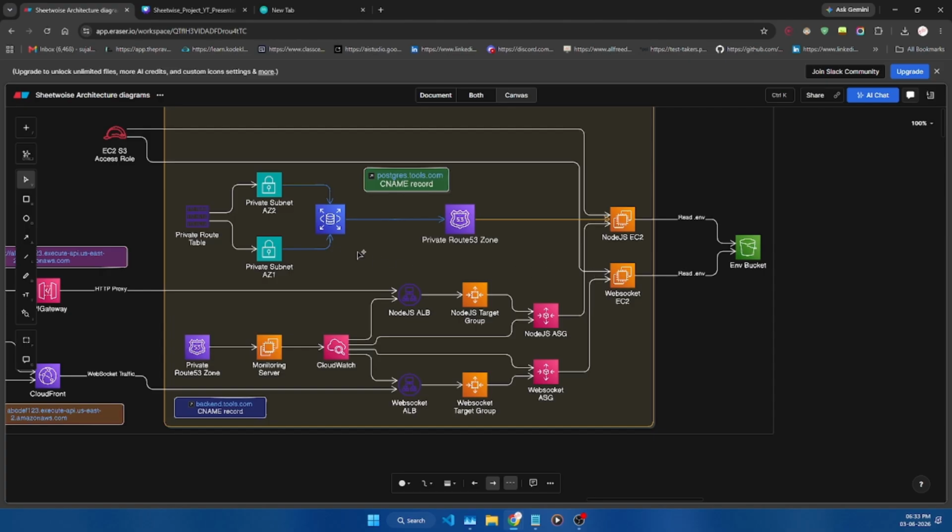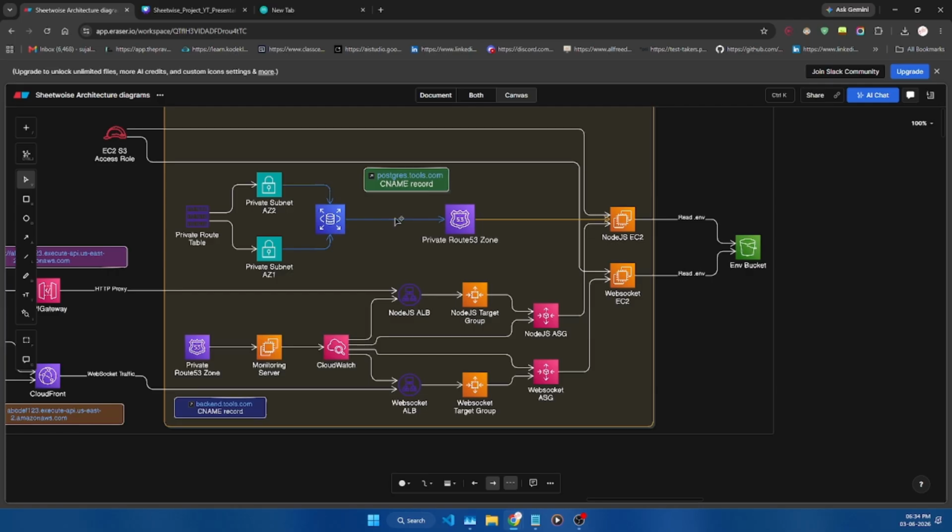So why is there a private zone Route 53 here? Because I was facing an issue of again and again updating the environment variables in my development phase, because I was creating cloud playgrounds on the code cloud over and over again, and I was really tired of updating a lot of environment variables again and again.